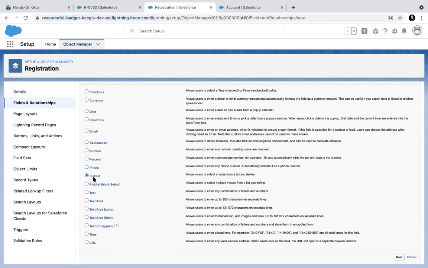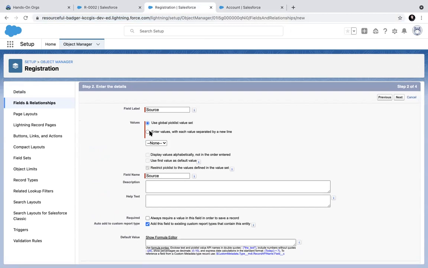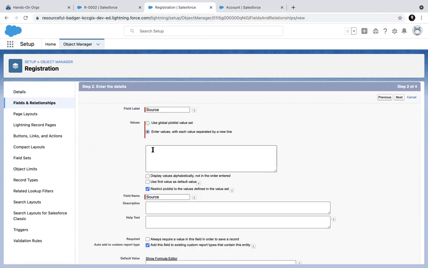Okay, let's discuss pick list and multi-select pick list. Pick list means when you want to make sure that the user is choosing from some values which you have allowed. So let's see. I am creating a pick list value called registration source. If you want to create a new pick list, always use this one, and enter values each separately through a line. So it can be like call, website, email. These are the values. Okay, I have created a source.